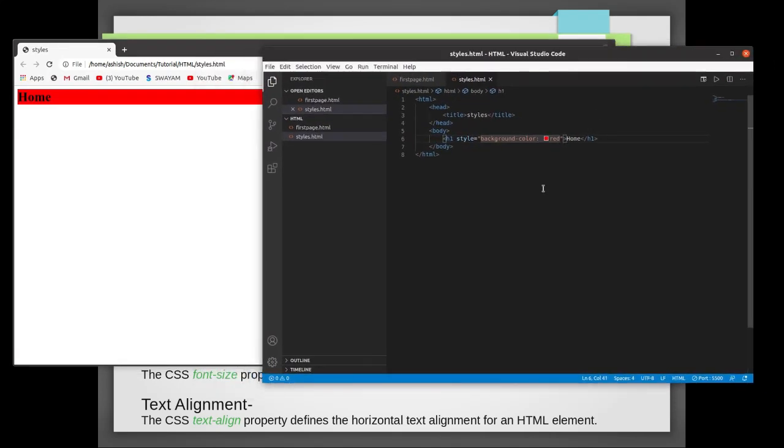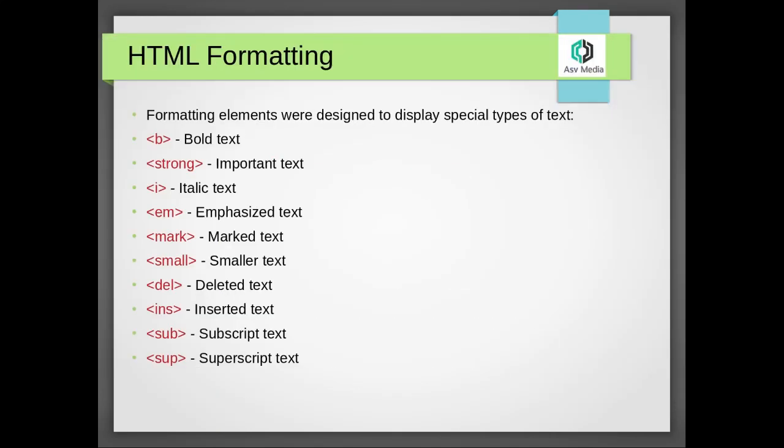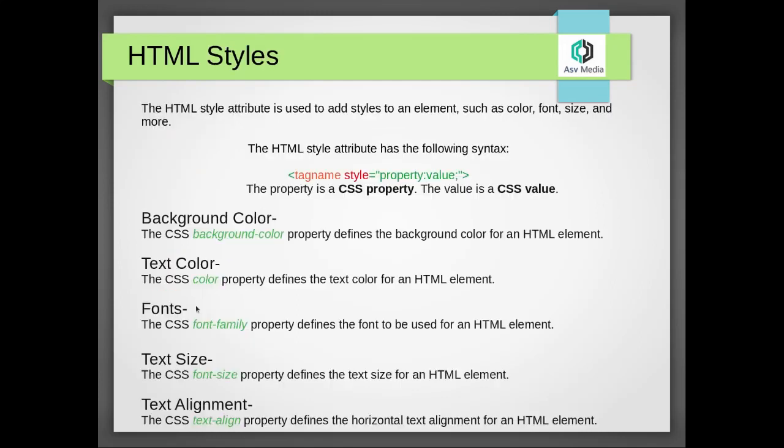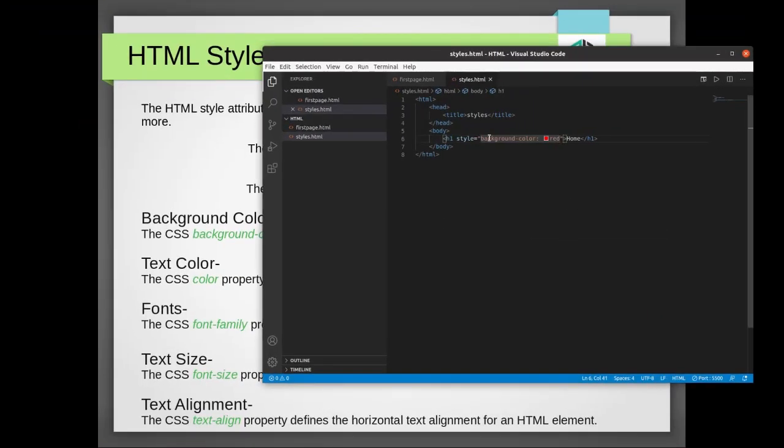Now you can add text color, then font family. Suppose you want to give more than one style in a single inline element, just separate them with a semicolon and type text color.